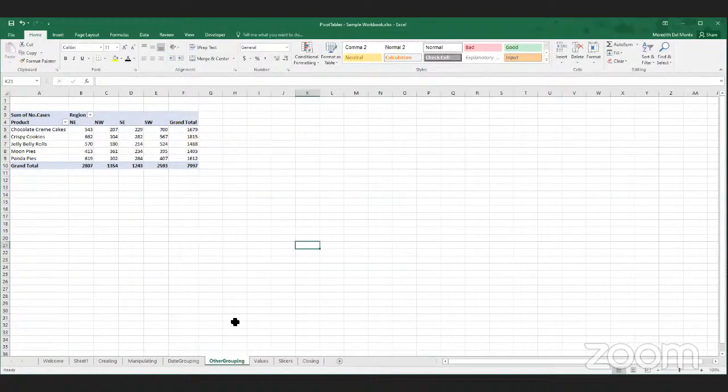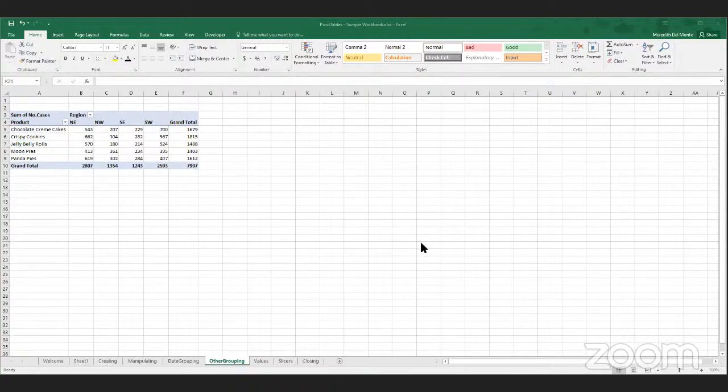So other grouping: you can also group by things that are not date related. It's not quite as easy, but still quite useful to do. So for example, we want to look at our regions, but we also want to be able to see the totals for the entire northern region and the entire western region and the entire east region, because we have it broken up into 4. So let's say we want to do that. In order to do that, we will